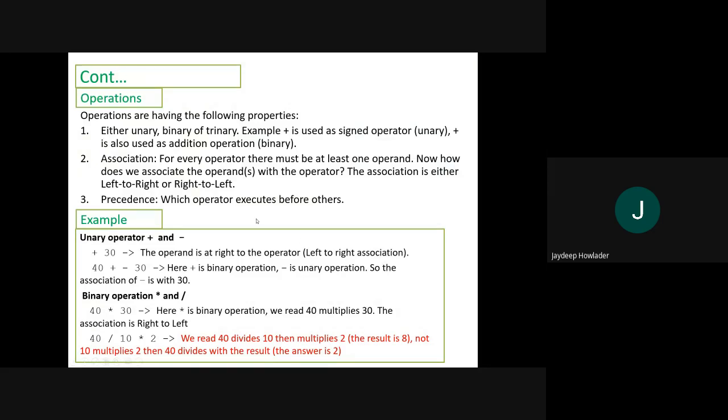And then we have associativity. The association says that if operations of the same precedence are in an expression, then it decides which operation will be executed before the others. And precedence says that if there are multiple operations in an expression, then which operation will be executed before the others. We have already discussed this part.